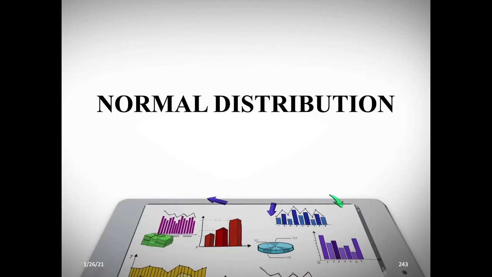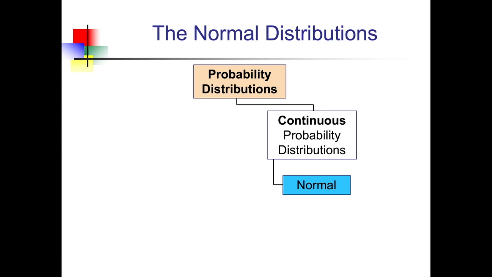Okay, good day everyone. Welcome to our next topic. So, for this presentation, what we are going to discuss is all about the normal distribution. As you still remember, based on our previous discussion, we actually have two types of probability distribution. The first one is the discrete probability distribution, wherein the distributions under that type are the binomial and the Poisson probability distribution. For this presentation, we will be talking all about the continuous probability distribution, specifically